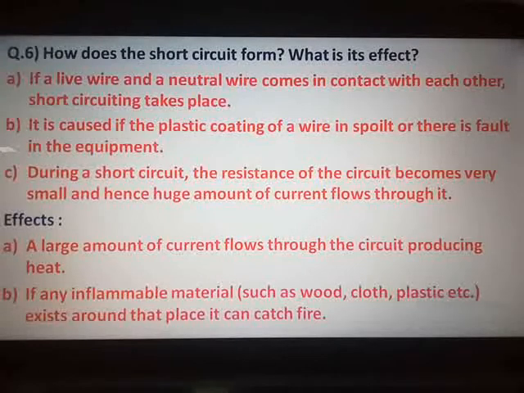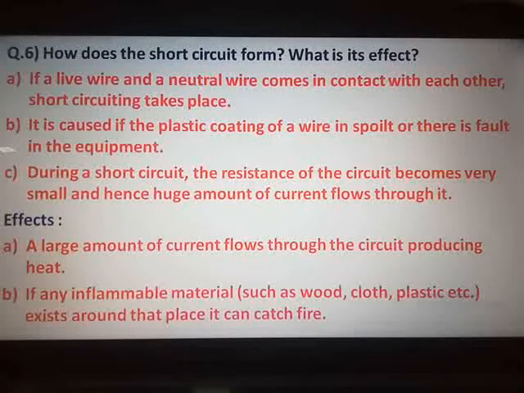Apart from this, any other effect which you know, the electrical appliances can get burnt due to more amount of current in the circuit, you can add the points on your own. Doesn't mean that whatever I have given or what is given in the textbook, same you have to write. No, your subject name is science and technology. So make use of Google, make use of the different social media to get the answers related to the question, and you can form your own answers. Only logically and scientifically it should be correct. With this we complete question number 6.